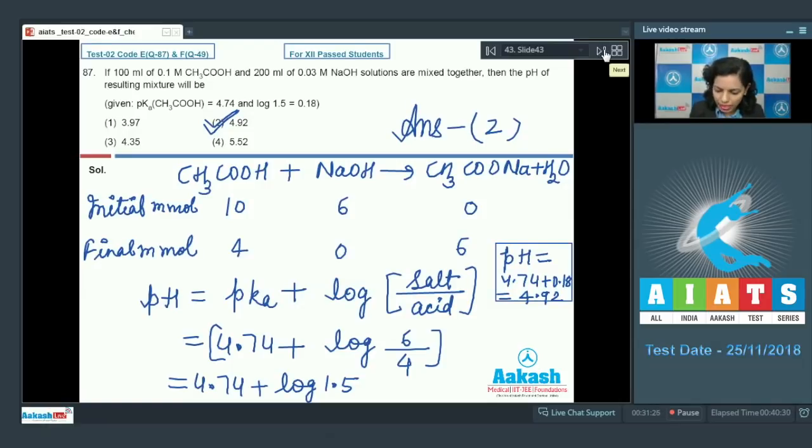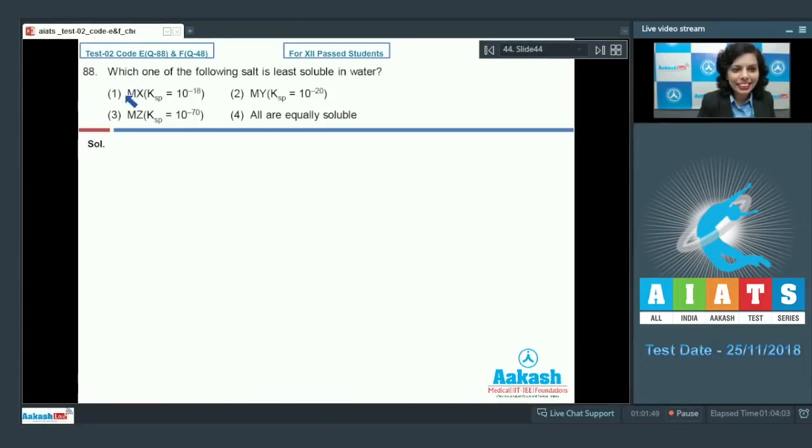Let's move on to question number 88. Question number 88. Which one of the following salts is least soluble in water? And we have different salts given in the options, as well as their KSP values, while the fourth option says all are equally soluble. One thing you should note here is that